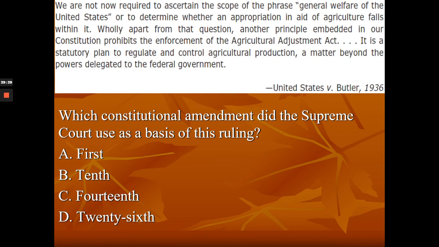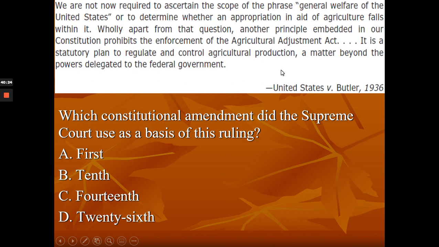All right. Tough question. All right, 1936, it's a Supreme Court case. "We are not now required to ascertain the scope of the phrase, quote, general welfare of the United States, or to determine whether an appropriation in aid of agriculture falls within it. Wholly apart from that question, another principle embedded in our Constitution prohibits the enforcement of the Agricultural Adjustment Act. It is a statutory plan to regulate and control agricultural production, a matter beyond the powers delegated